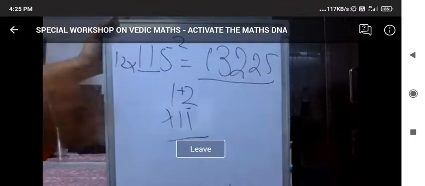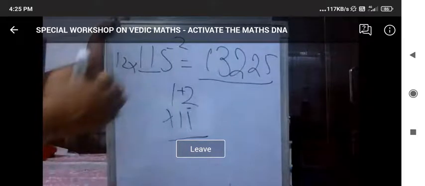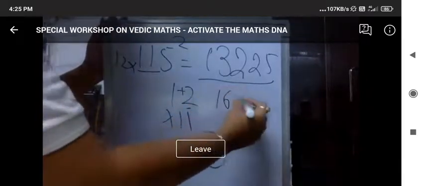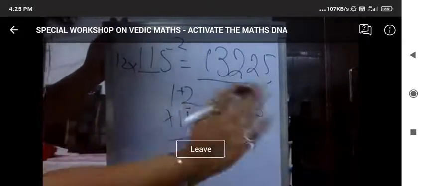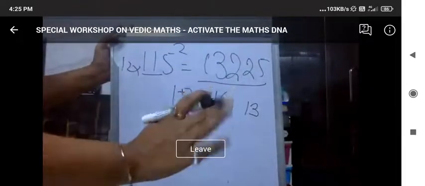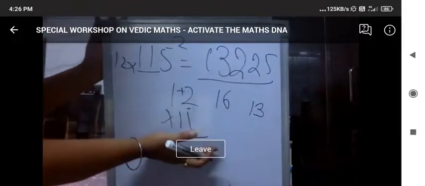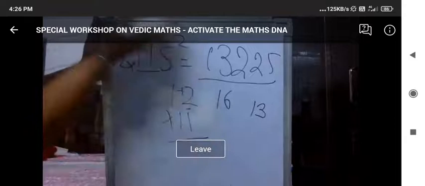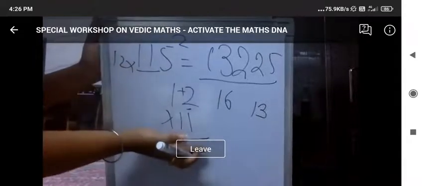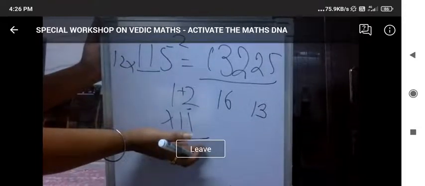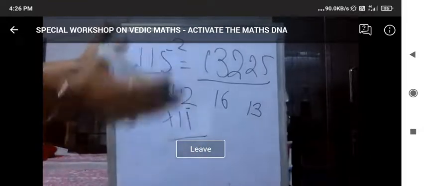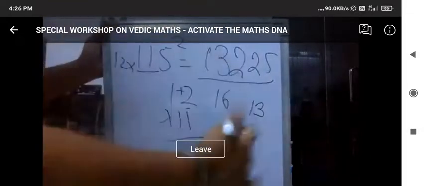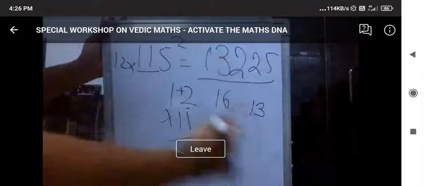Hope you are able to understand it. Hope you are able to relate it. That 16 sutras and 13 subsutras are not differently applicable. They might be applicable on the same number. Here, you can see the calculation of quick square, and we used the sandwich method of 11, right? So this is how Vedic is related. It is connected, right? Okay, hope it is clear till here.